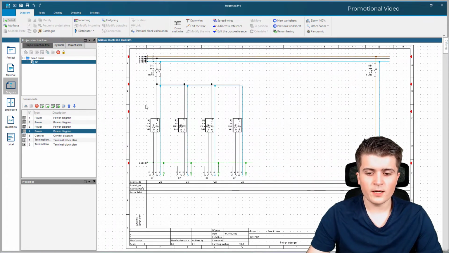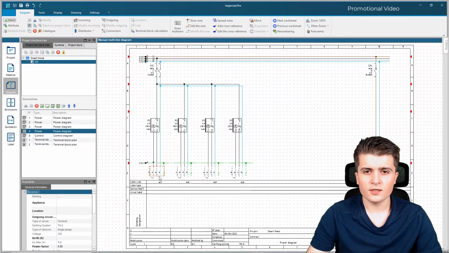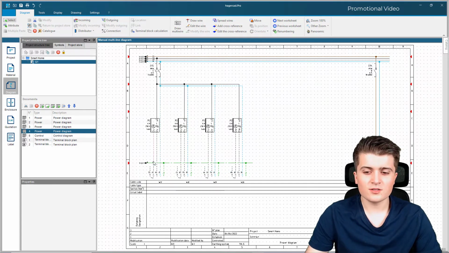So here on the fourth page, you can see that we also have the same error, because here our protective earth is also made via a direct connection, which I want to change. So I select all of them now by drawing such a selection box. And here you saw that I draw the selection box from the left to the right side. Now if I would have drawn it from the right to the left side, you can also see that those